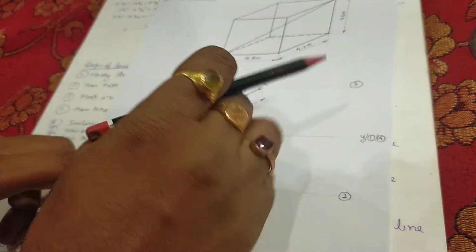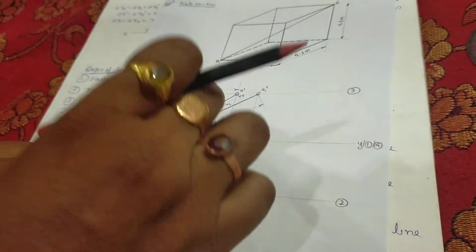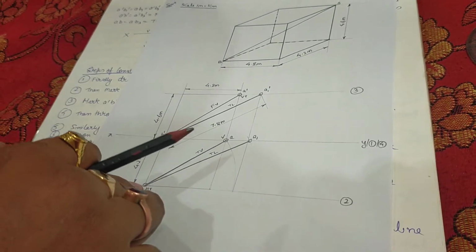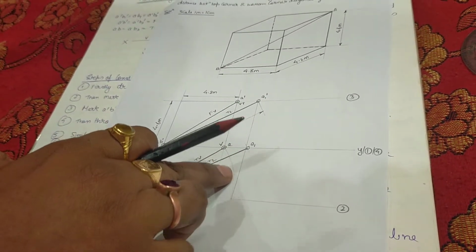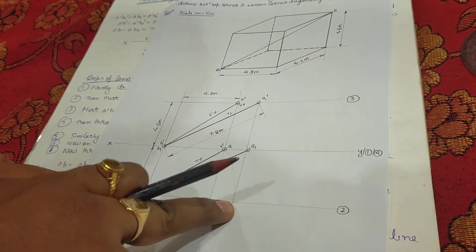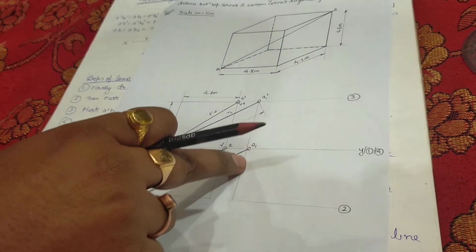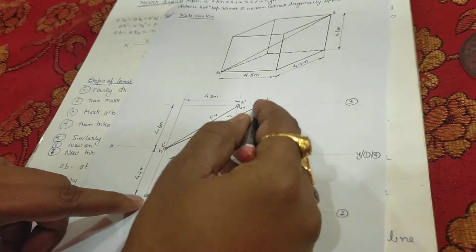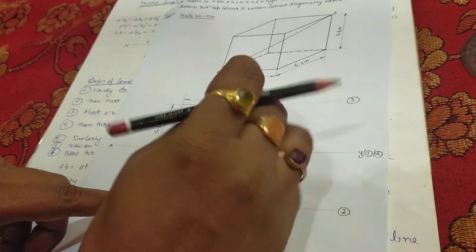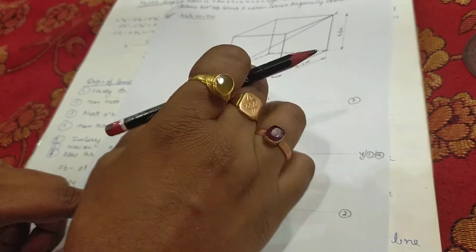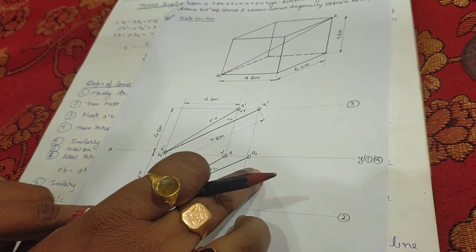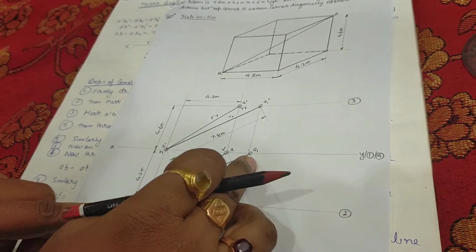Now again, if we have to draw the true length from this top view, what we will do: from this point at locus line 1, at locus line 2, we will cut an arc from A to locus line 2. Now from this point we will produce vertically to locus line number 3. Now we will join this point B dash with A1 dash. This will give me true length. Now I will measure this true length. The length of this true length will be the same in top view also. So from here we will cut an arc and this will give me the true length in the top view.